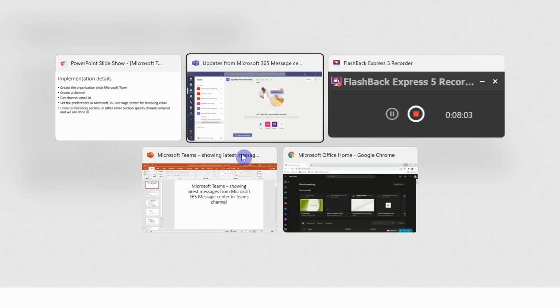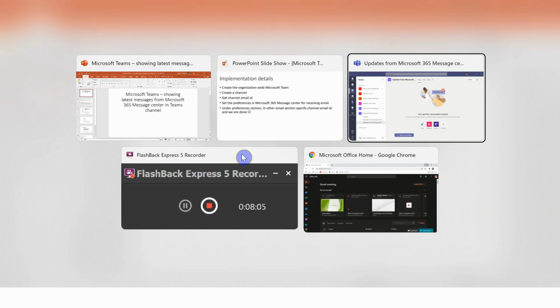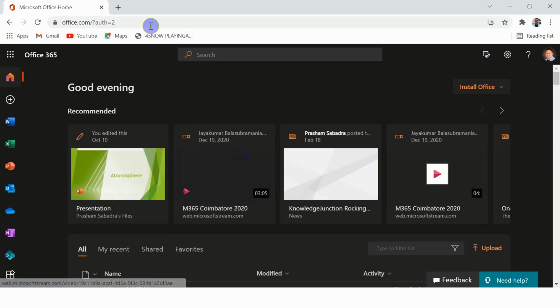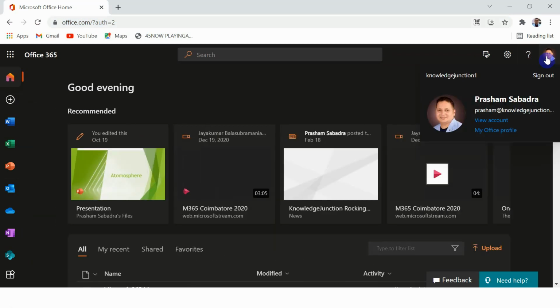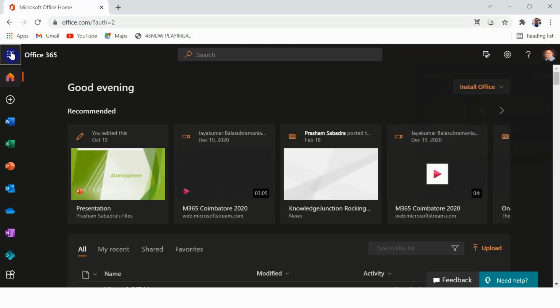What is the next step? Set the preferences. Now we need to go to the Microsoft 365 Message Center. Here I am logged in to portal.office.com with my global admin account. Let's go to the admin section. I'm refreshing it once.